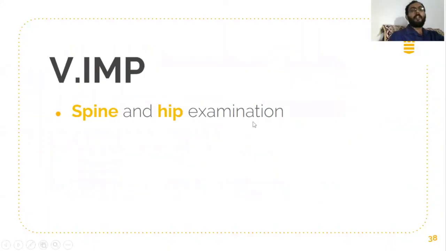Please note this. Coming to the knee joint, spine and hip examination is a must, because whenever there is an L3 lesion, it causes quadriceps and knee pain. In avascular necrosis, the pain starts from the hip and radiates towards the medial side of the knee, and the patient presents with medial-side pain over the knee. So we check the range of motion and specific movements of the spine and hip. For an L3 lesion, we check the femoral nerve stretch test. Regarding the hip, all the range of motion of the hip in supine, prone, and sitting positions should be checked.